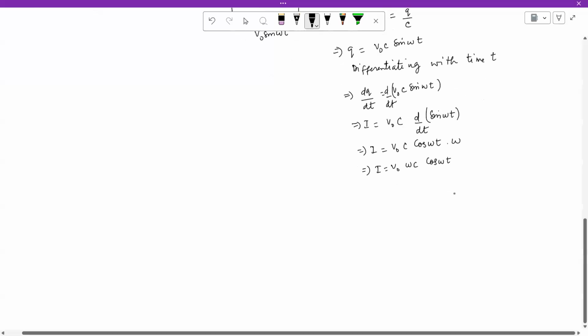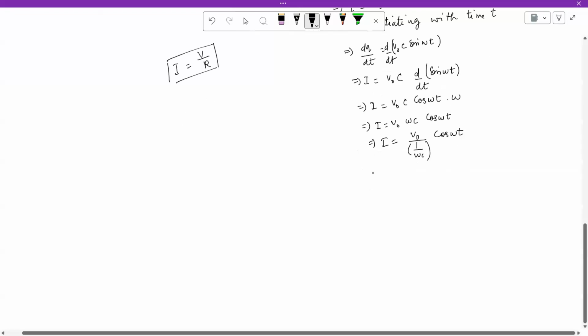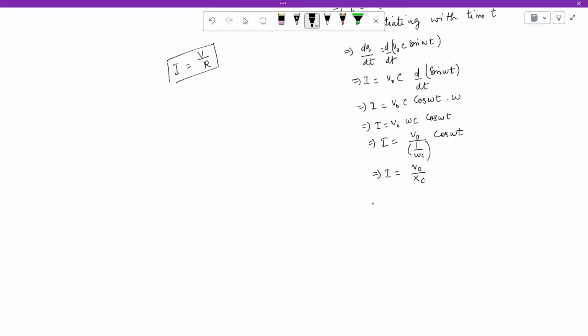Now we want to write it in terms of, so we know that current is V naught or V by resistance, right? So this term we can write as V naught by 1 by omega C, and then cos omega t. So this thing I can write as V naught by Xc,